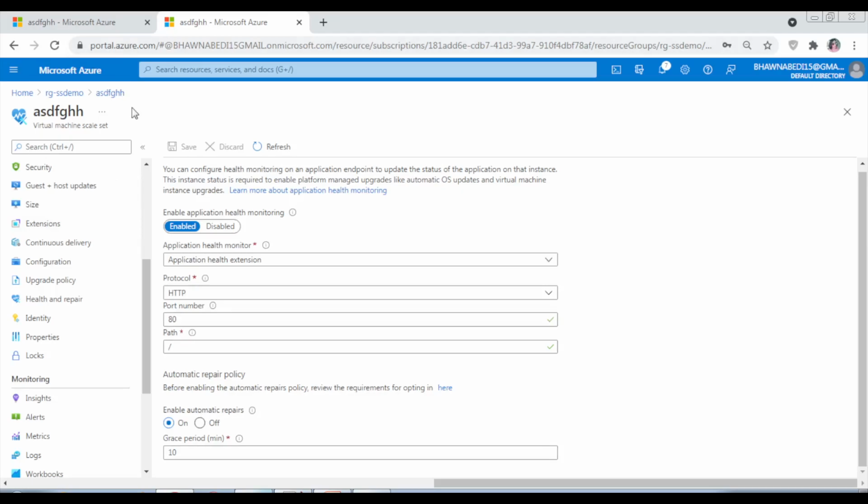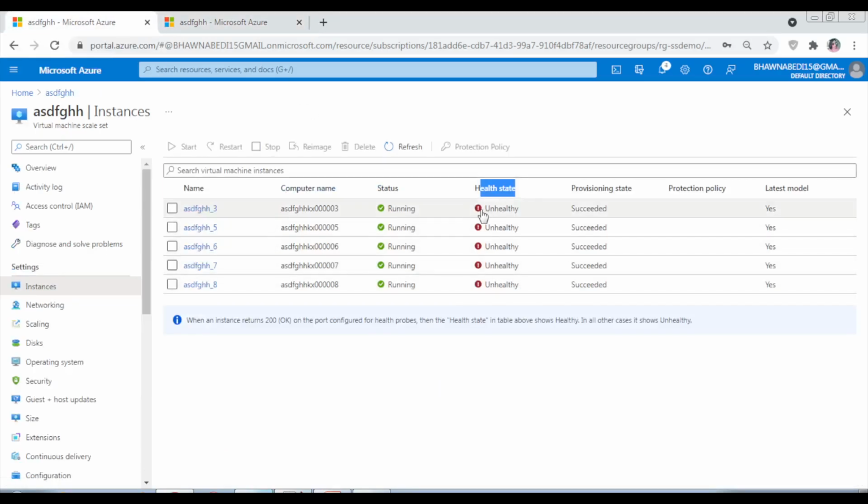So this is the grace period after which it will start automatic repair. So after 10 minutes, it will automatically start repairing these. Let's say if I have 5 unhealthy machines, it will try to create 5 more healthy running instances. So this is how your health check works here.